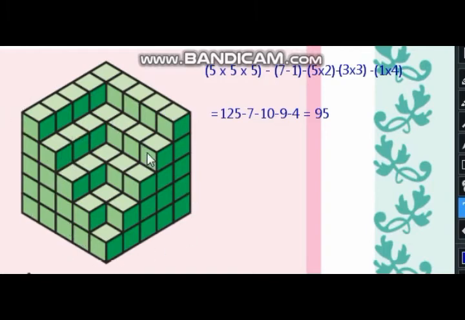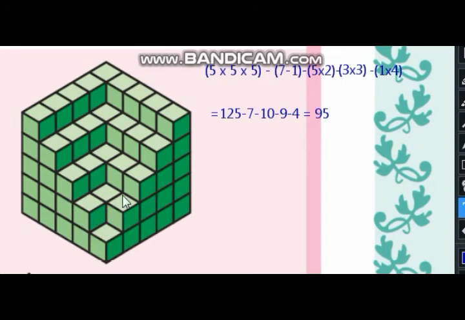But here this model is incomplete. Some cubes are missing. So we have to find out these missing cubes. So total 125 minus this one row of 7, 1, 2, 3, 4, 5, 6, 7. So one row of 7 is not here, so we have to subtract from the total number of cubes, 125 minus 7. And then here 1, 2, 3, 4, 5. So there are 2 rows of 5 cubes that are not there. You can see here 1 and 2. So 5 2s are 10.